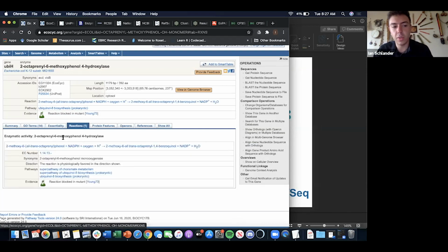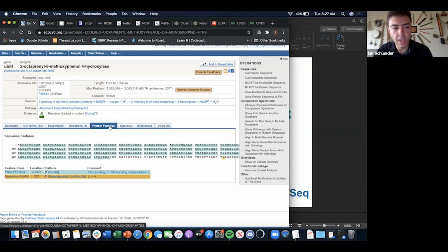It can also tell you the reaction. So this is an enzyme, for example, that acts on this sort of molecule. And it'll show you the reaction right here. It'll also tell you the pathways that it is involved in that you can click to, and it'll take you to those pathways. You can also see the protein features. So mostly you can see the exact amino acids that are part of this